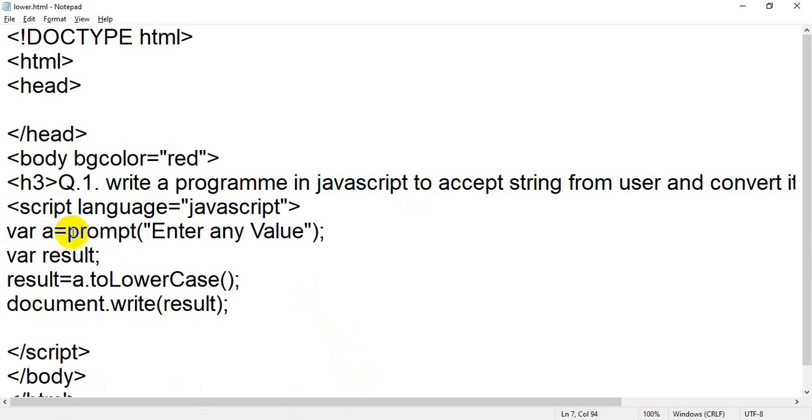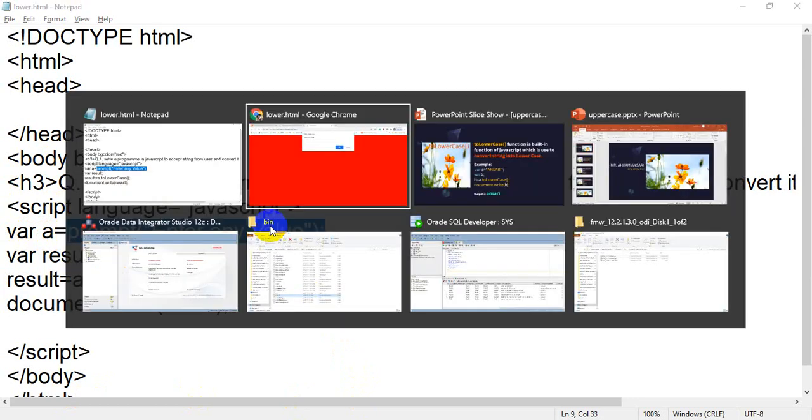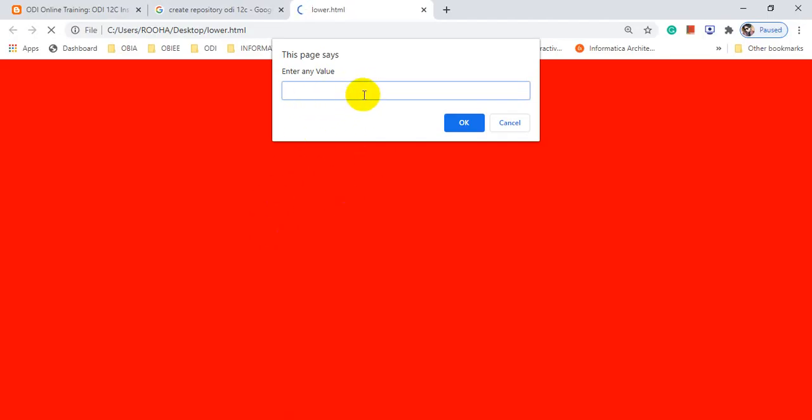Then it will move to the next line, and this line will create a prompt box. So right now you are watching a prompt box. When you enter any value, for example, I have entered Ahkam Ansari.